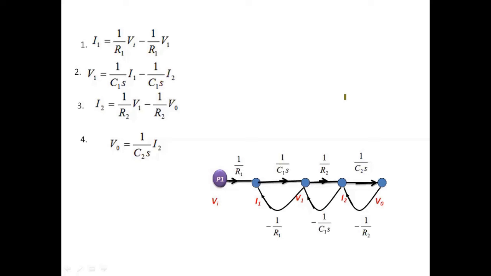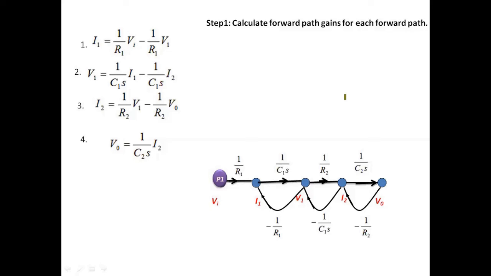So this method is very simple. From the electrical network, write the performance equation, then try to plot the graph. So this procedure is very simple, and we can try the same for any complicated electrical network. It can be transformed into a signal flow graph, and calculating the transfer function through Mason's gain formula becomes very easy. So now let's apply Mason's gain formula to the signal flow graph and calculate the transfer function.